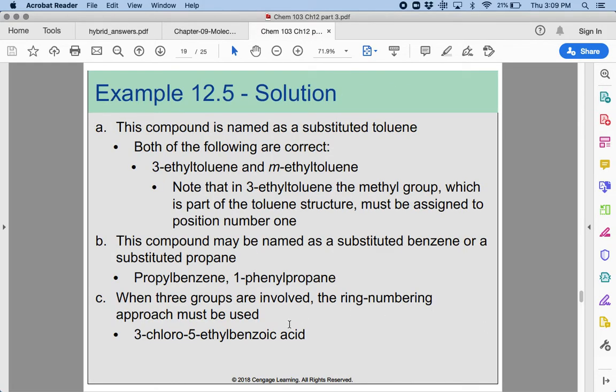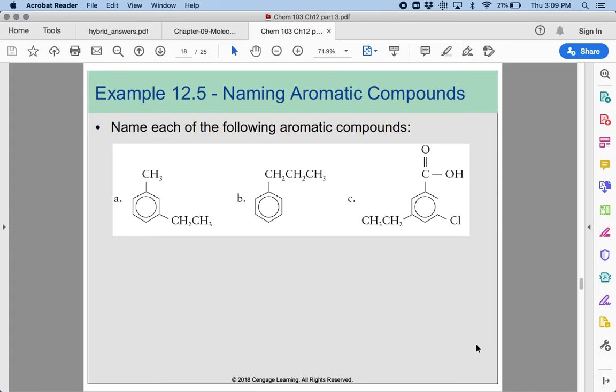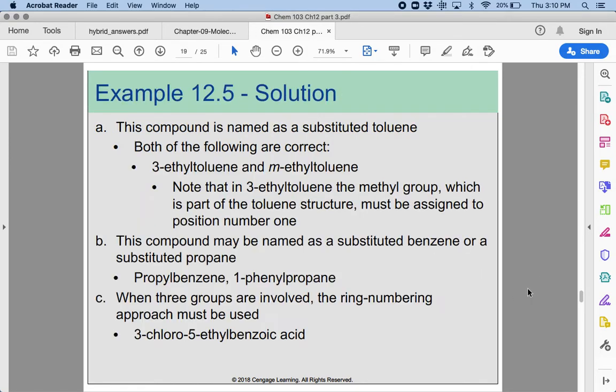So in our first compound, there are two different names you could have for it. 3-ethyltoluene, or you could say m-ethyltoluene, right? If we didn't have this group here, this would be toluene. So if you had 3-ethyltoluene, you would properly describe this. You could also say 1,3, right? We have this 1,3 orientation here, which would make this, ortho is 1,2, 1,3 is meta. So that's how we end up with